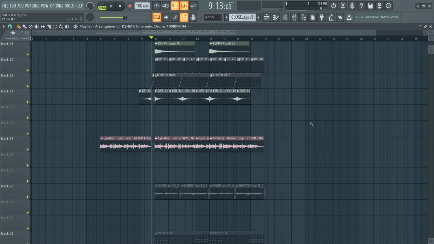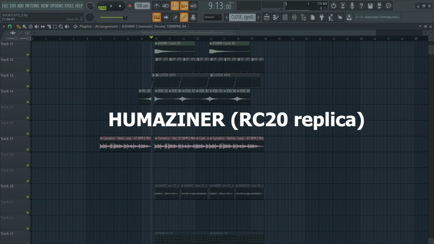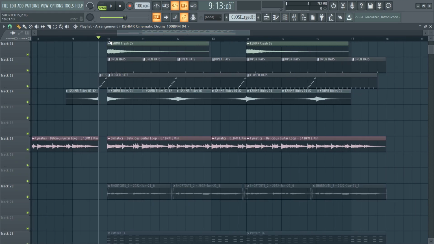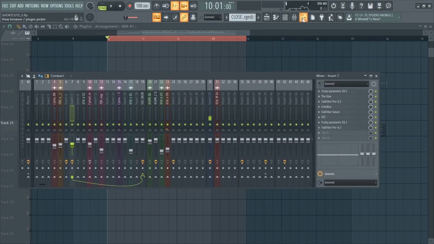Next, I'm gonna show you a really secret plugin that can replicate the effects of RC20. I'm sure you have heard of RC20 or maybe used it as well in some cases, but it's an expensive plugin. So if you want to replicate the effects of RC20 without RC20, and that too while using a stock FL plugin,